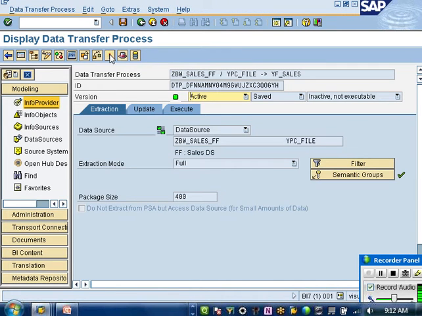So I won't run the InfoPackage because I already have the data in the PSA. My transformations get executed when you load from PSA to target, when you run your DTP.